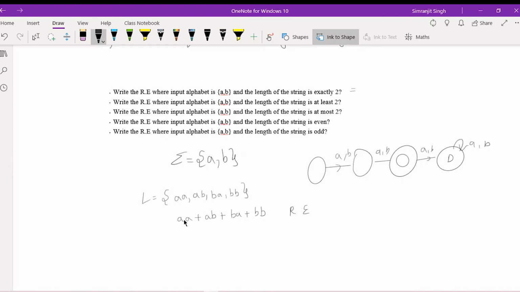But if you want a little bit of tweaking, you can also do this. I've taken the A out: A times (A plus B). I've taken the B out from this: B times (A plus B). Okay, so if you remember the quadratic equation, I can write this as (A plus B)(A plus B). So the